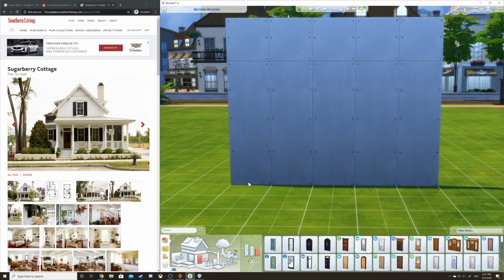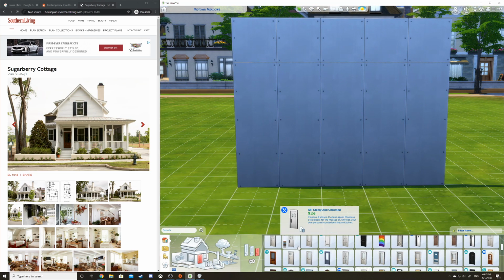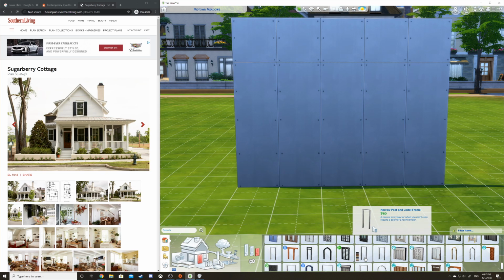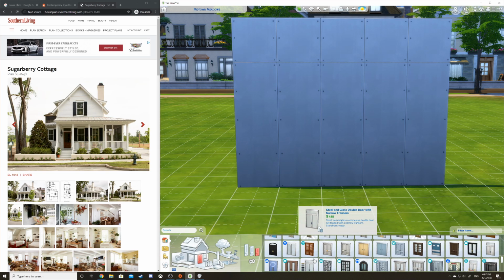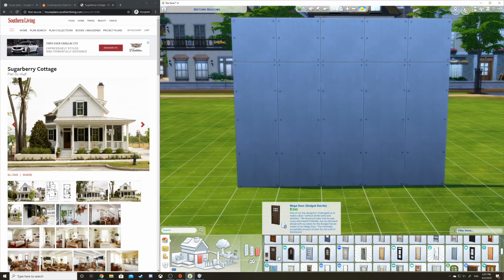I can go ahead and I can look. This is just the way I do it. I do the door first and then I move on from there. So it kind of looks like a screen door maybe. You don't have to follow what they do. You can do whatever you want. And you know, if you get creative, you don't even need much